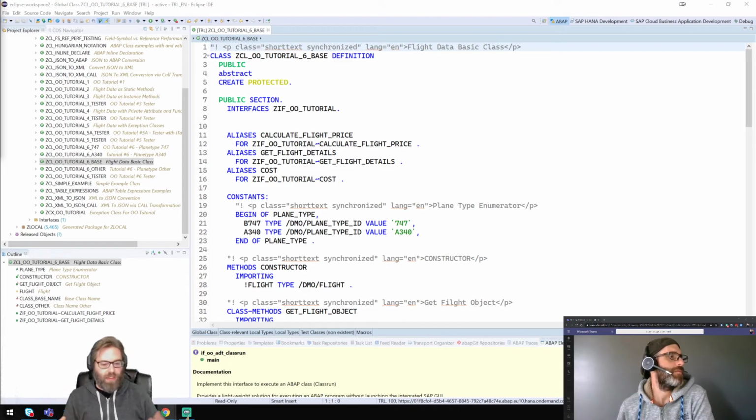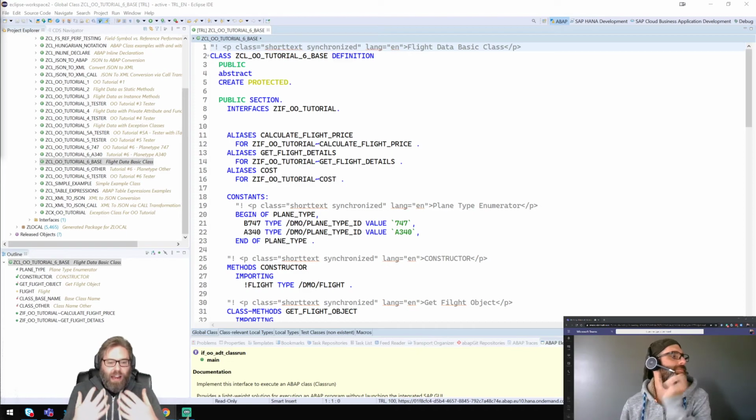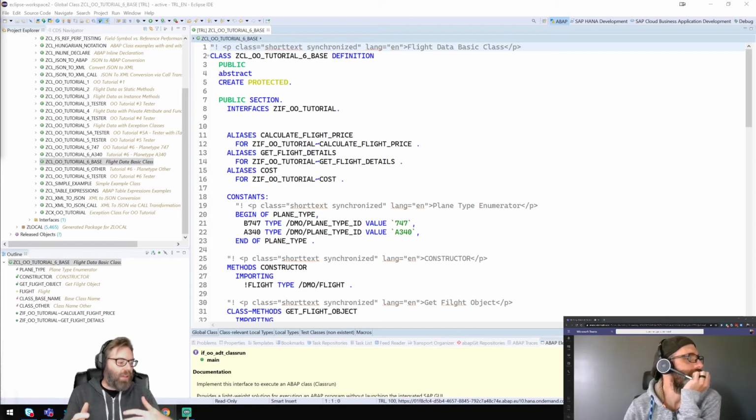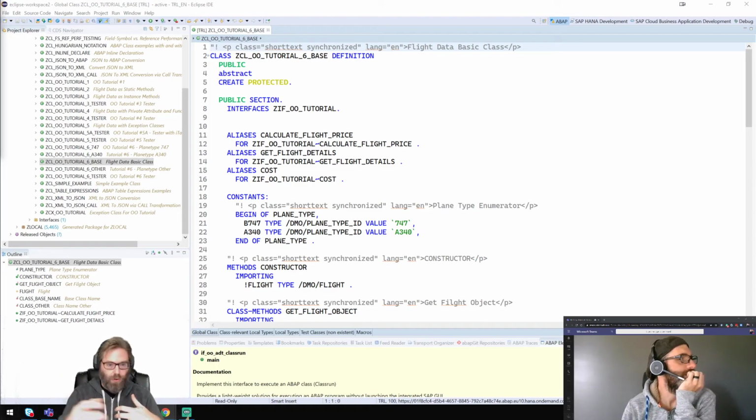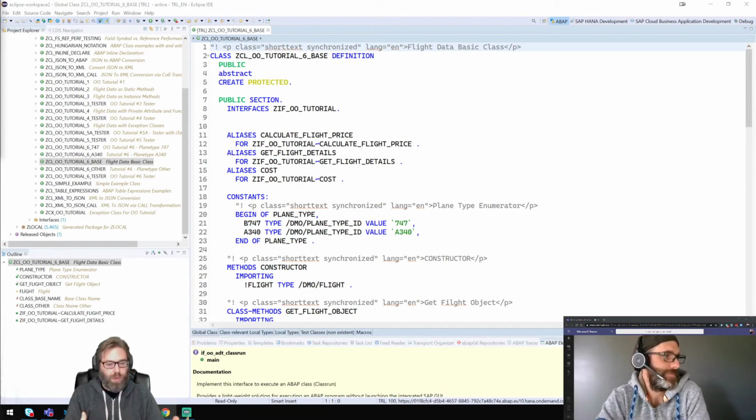So the constructor method takes an input key, this is the flight number, and then it decides based upon that flight number which subclass it wants to return. So these ideas, when we get into these more complex ideas of abstract classes as opposed to just an interface. An interface allows you, and interfaces can be part of an abstract class or one of these factory methods. It gives you a common fixed interface, but an abstract class goes beyond that, because you can include logic, particularly the logic of the